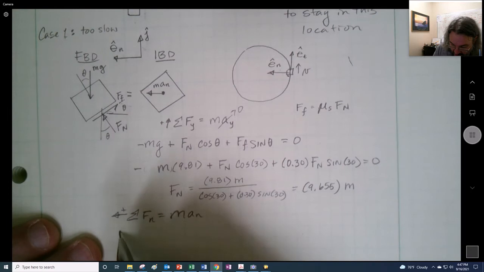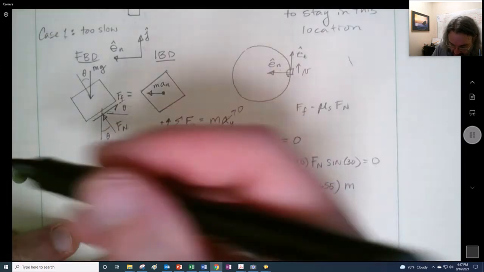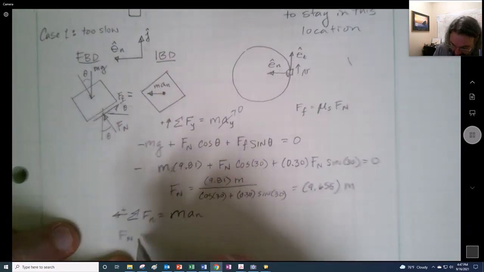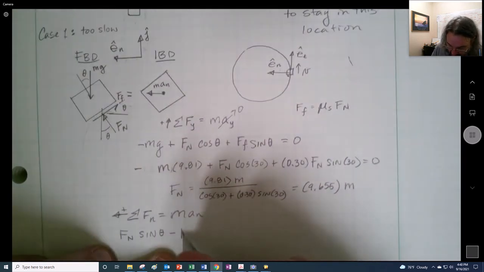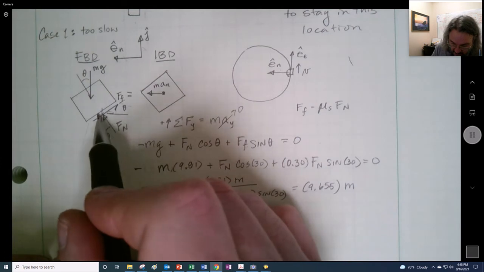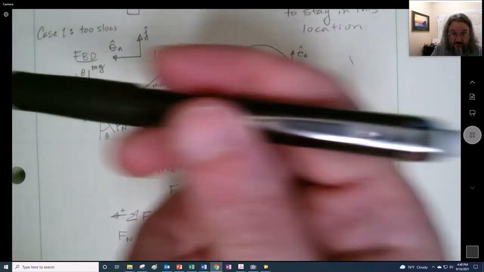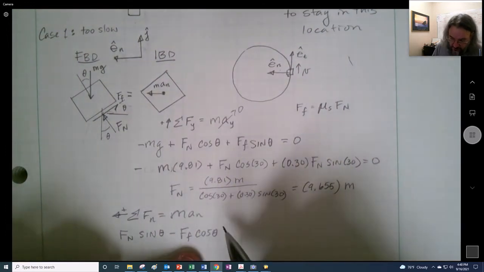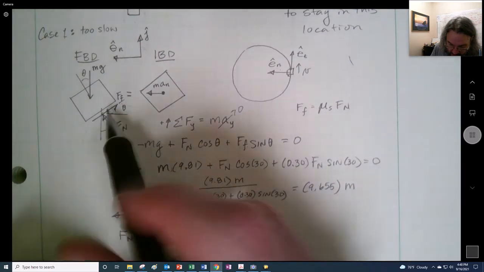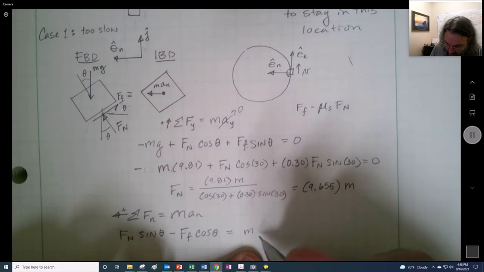So the FN right here, we'll write it in there and then we'll replace it, is going to be in the positive direction, right, and it's going to be the sine of theta. And then we're going to have a negative FF, and that's going to be cosine, negative because it's going in that direction, but we defined positive was that way. Cosine of theta, right? And any other forces? No. And it's going to be equal to our mass times our acceleration